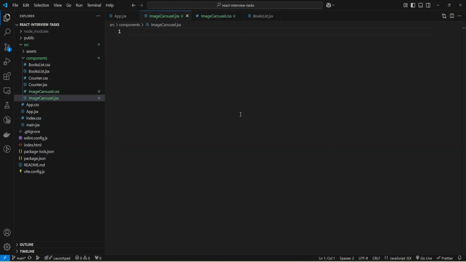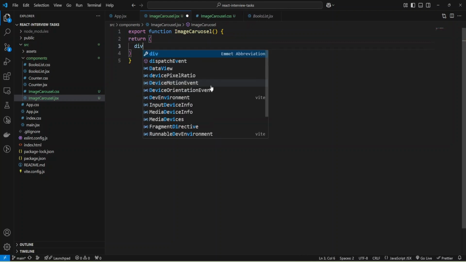Now I can create a functional component, a function called ImageCarousel, and return some JSX.